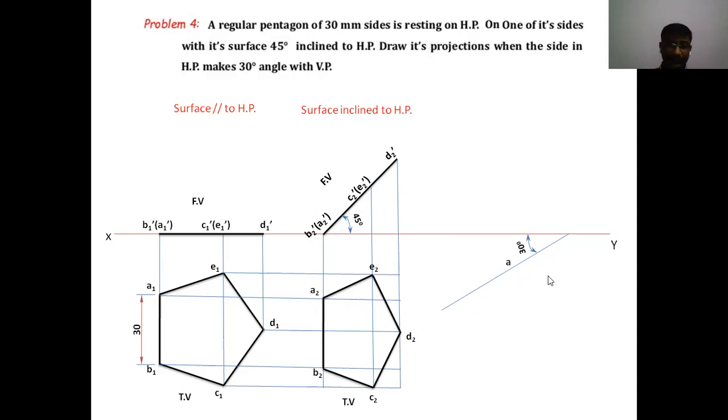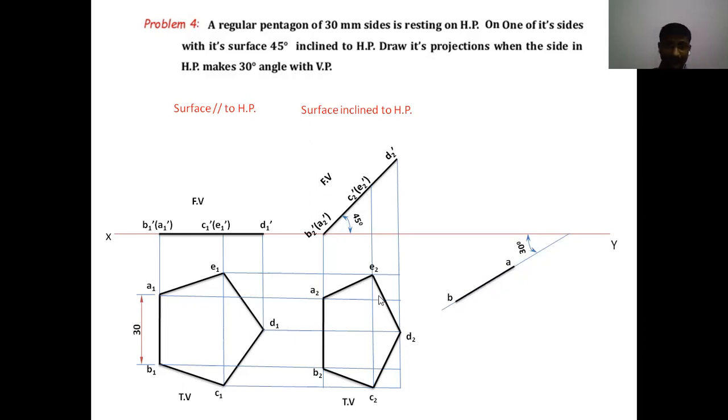The side which is drawn initially perpendicular to XY is, in the third stage, at 30 degrees. So first locate the point A. The A2 becomes A in the final stage. Then locate the point B. The distance AB is equal to A2 B2, which is equal to A1 B1, which is equal to 30 mm. So locate any point A on that inclined line. From that, locate the point B at a distance of 30 mm on that inclined line. After locating these two points, join AB with a dark pencil.